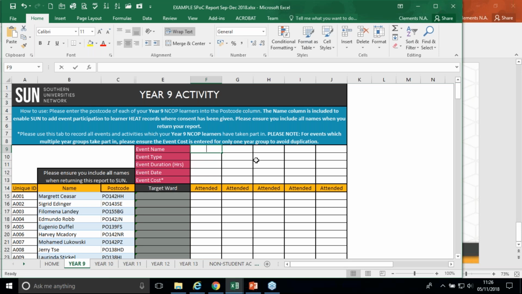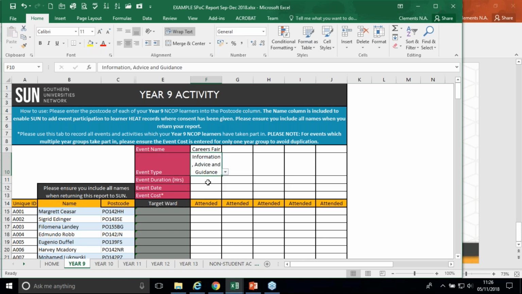The first one is going to be a careers fair. We'll say it was a careers fair for the entire school. Because it's a careers fair, we have the information, advice and guidance type. If you do need any help on event type, please ask your project leader. The event duration we're going to say was 4 hours, and we'll say it happened on the 18th of October